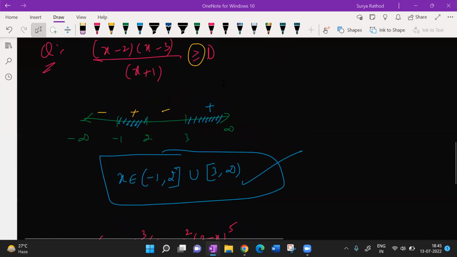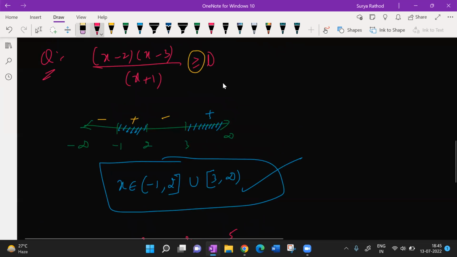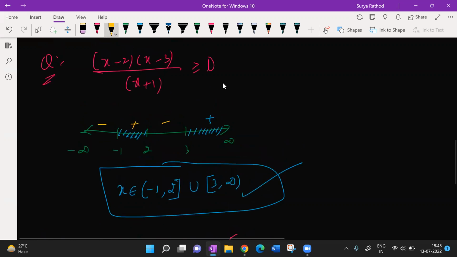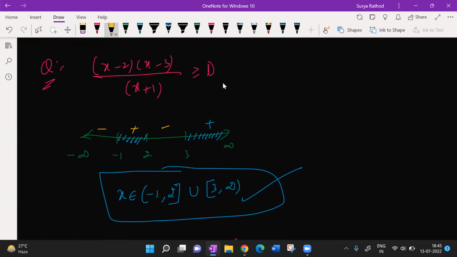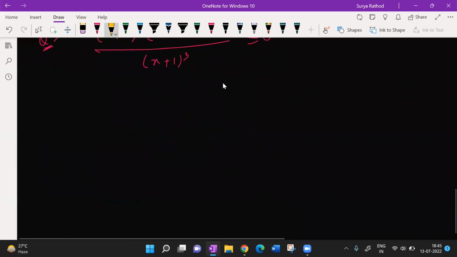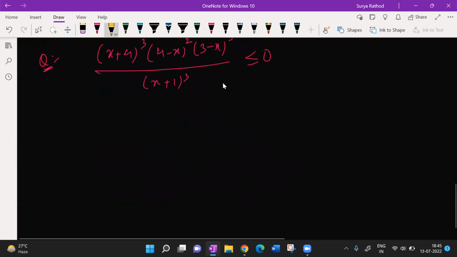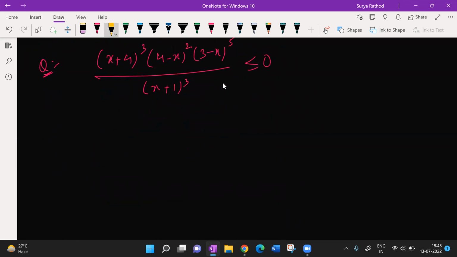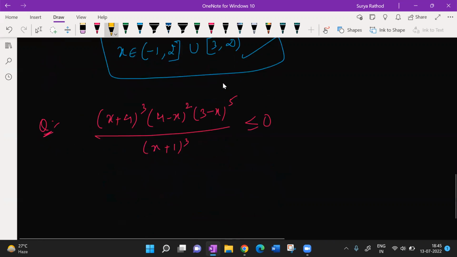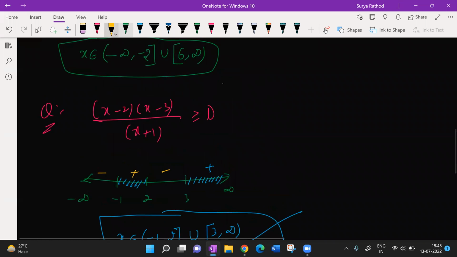Where you are saying? Sir, in the denominator x plus 1 is there, no, sir. Yeah, x plus 1 is there, beta. See, you are saying that I want to shift this side. Yes, sir. Then 0 multiplied by any number. Wait, look at this here. You cannot do that. Then that is not an equation. Understand my point. In the equations, you should do like that. In the inequalities, you do not know whether it is positive or not. You cannot do like that.